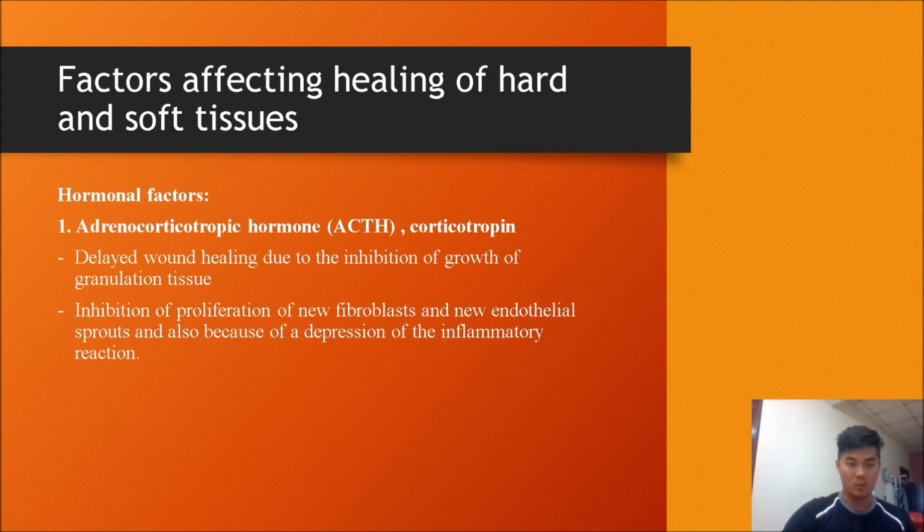Okay, next moving on to hormonal factors. The first one is adrenocorticotropic hormone, ACTH, also known as corticotropin. It will delay wound healing in patients with this intake of hormone due to inhibition of growth of granulation tissue. Granulation tissue is normally bright pink in color and consists of proliferating capillaries and fibroblasts. There will also be inhibition of proliferation of new fibroblasts and new endothelial sprouts, and there will also be depression of the inflammatory reaction. So these few reasons contribute to delayed wound healing in patients with this